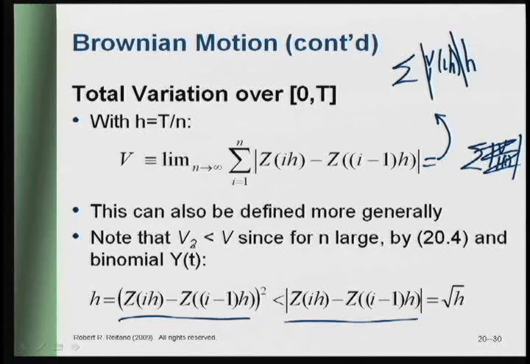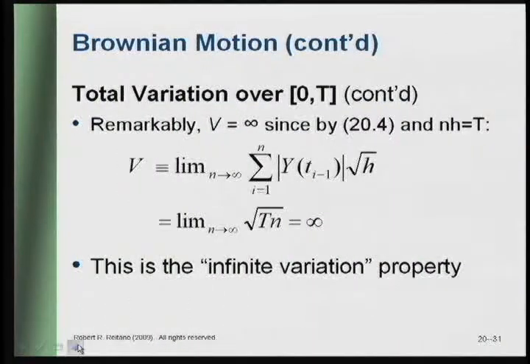The remarkable thing is that if we remove the square and just use absolute values, it actually becomes infinite. If we define this total variation in Brownian motion by the absolute change over intervals of time, the sum of those absolute distances goes to infinity as the number of intervals grows. And this can be seen easily if we use the approximation where y is binomial, plus or minus 1,